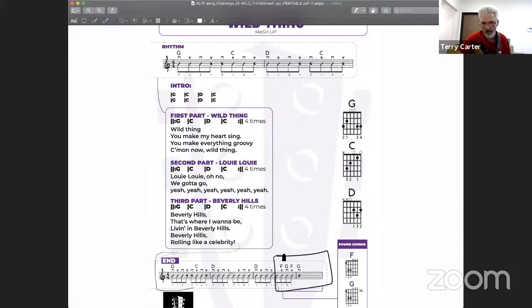Right, so that's that part, that F G F G. If you wanted to just play Wild Thing, that's the part that is there over and over again. All right, how'd you do on that one? Even though it's been a week, maybe been a week since you looked at it. Maybe 24 and a half hours to be exact since the last time you looked at it. Or that's just me. All right, let me check the chat. Okay. All right. Good. All right, so I'm gonna check this song today, and then maybe check the strum pattern,